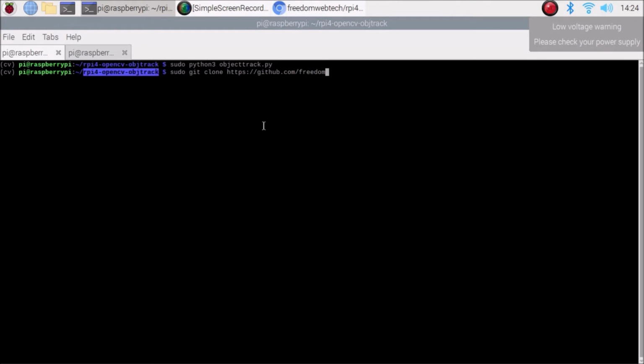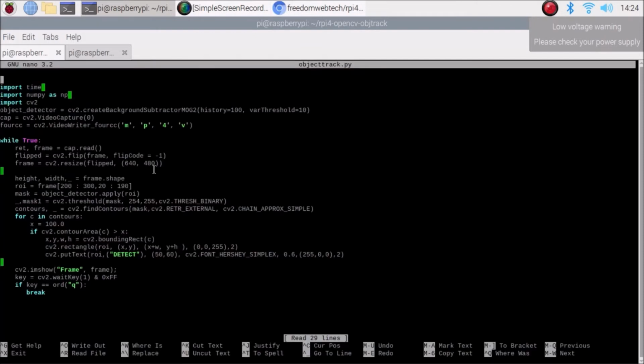If I run the ls command, as you can see, we have our script here. So sudo nano obj, then press the tab button, and it will open the script. I have used the nano editor here; you can go with vim also. So this is our script.